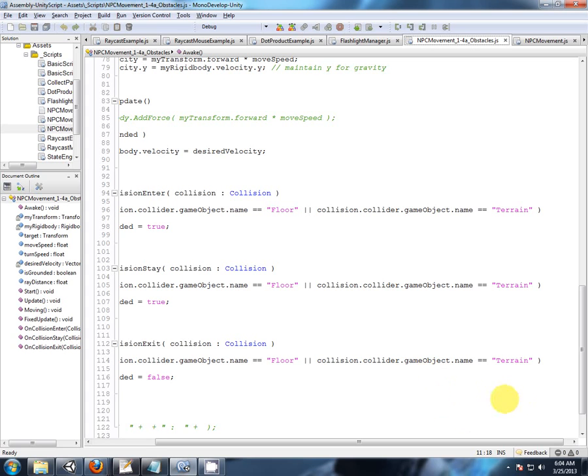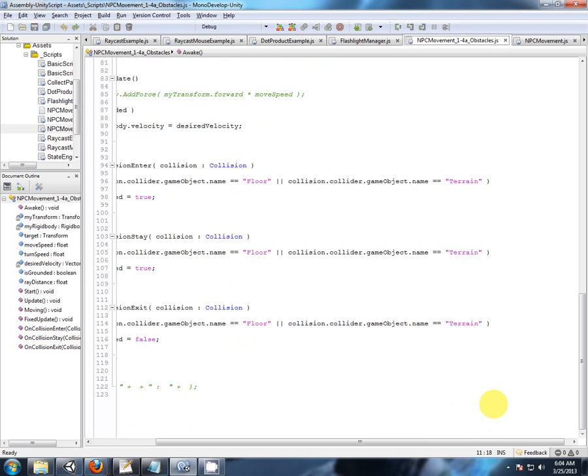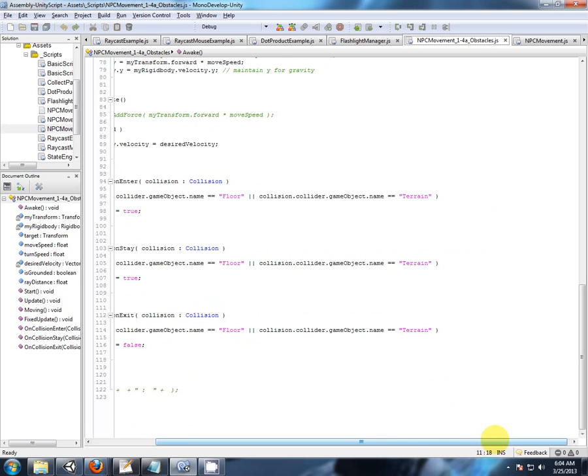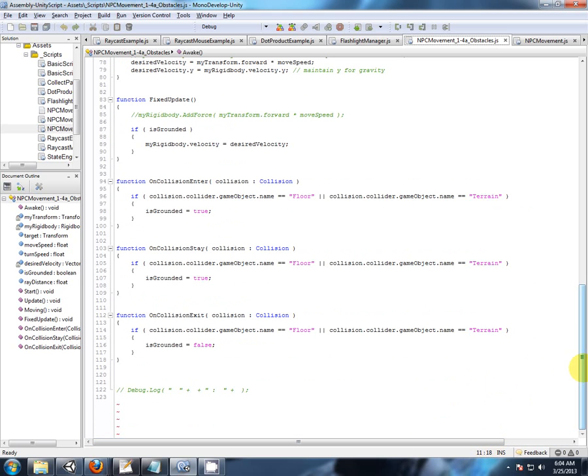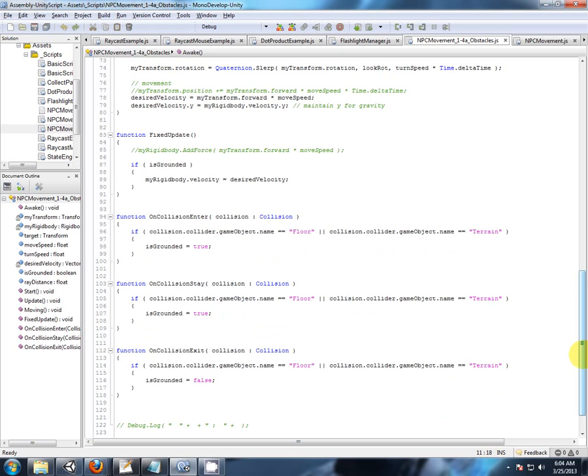Okay, great. So that was the one that most people wanted to see more clearly, because I do race around in the mono developer here